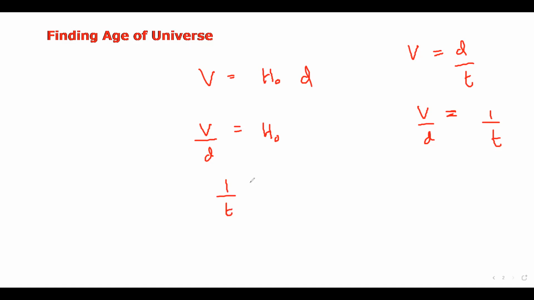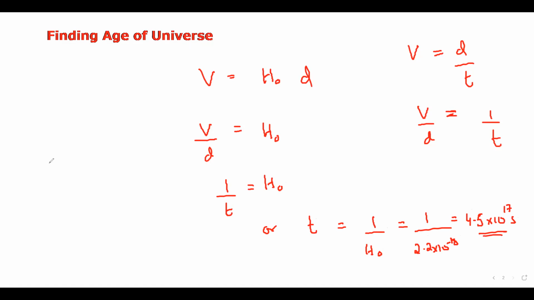So I can say 1 over T is equal to H naught. Or if I need T, then T is equal to 1 over H naught, 1 over the Hubble constant. And the value of the Hubble constant is 2.2 into 10 to the power minus 18. So when we divide them, what will we get? We'll get time in seconds, which is about 4.5 into 10 to the power 17 seconds. And this 4.5 into 10 to the power 17 seconds is equivalent to